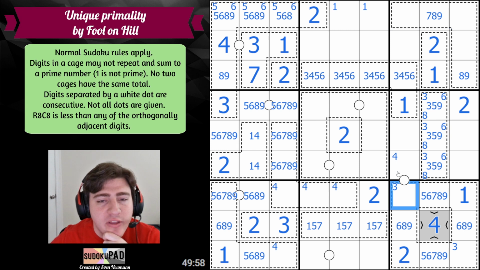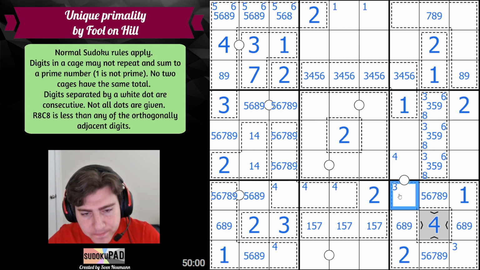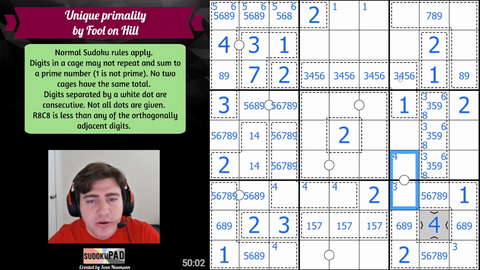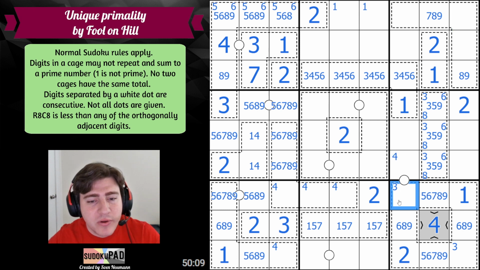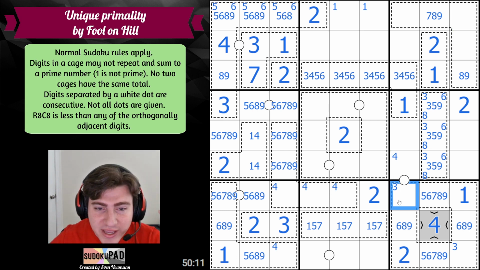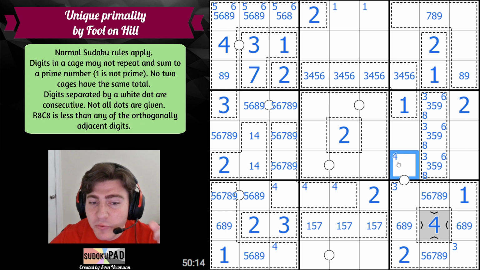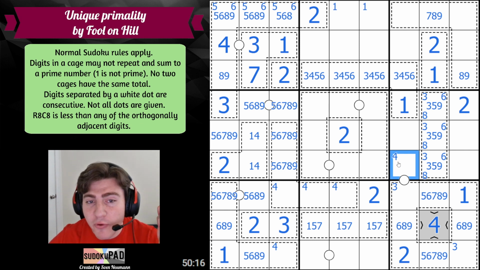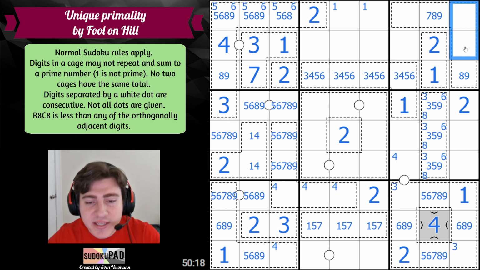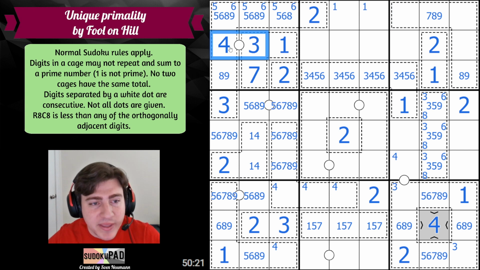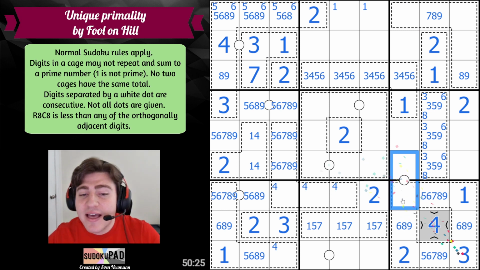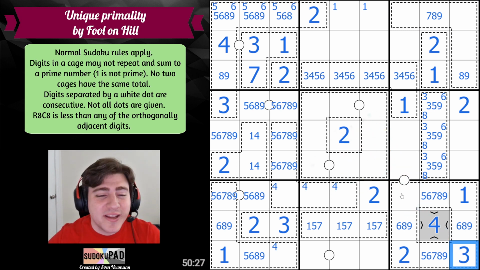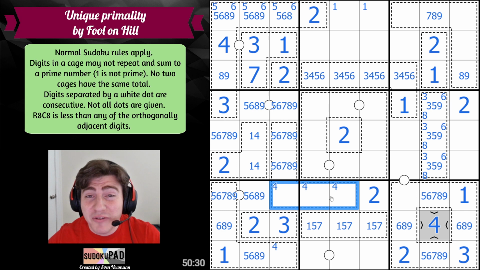I guess 3, 4 here, maybe that's what I'm not considering. 3, 4 here forces a 3, 4 pair here. And that's not possible. Wow. 3 here, right, says that this would have to be 1 less or 1 more. It can't be 2, it would have to be 4. 3, 4 says that this would have to be a 3, 4 pair, but it can't be because of the 3, 4 here, which means this can't be 3, this has to be 3. That is a 3 in the corner. It tells us that this has to be 3 and 4,